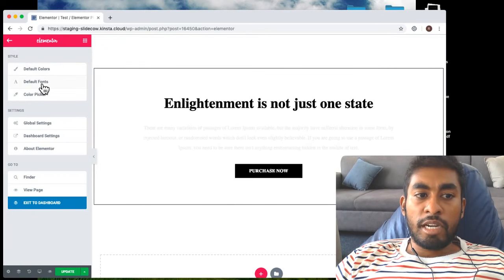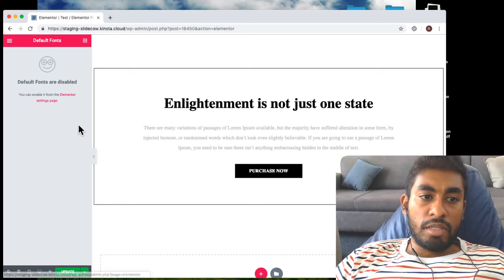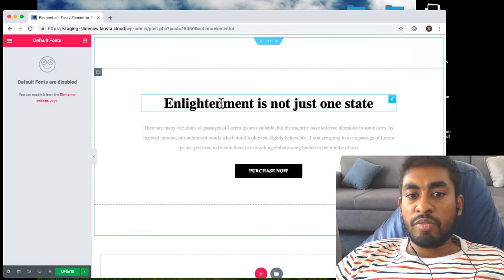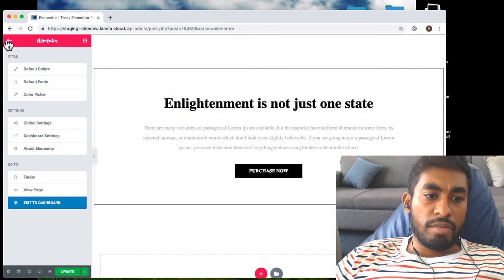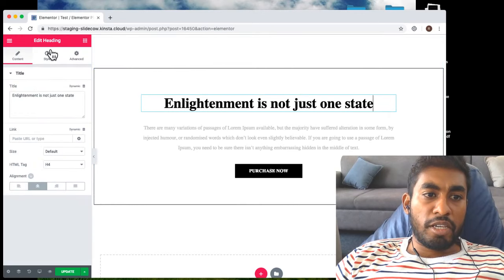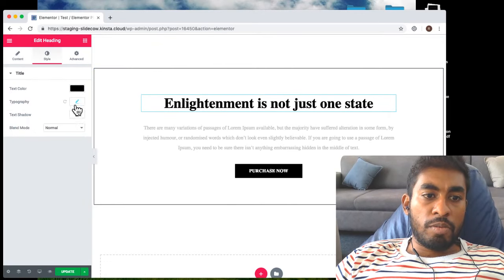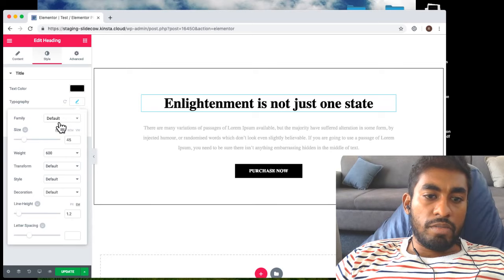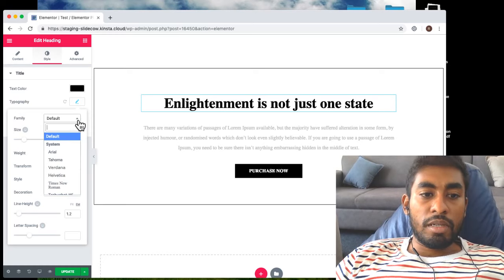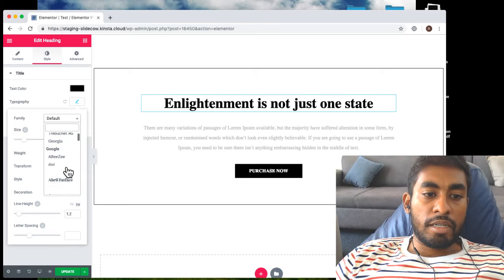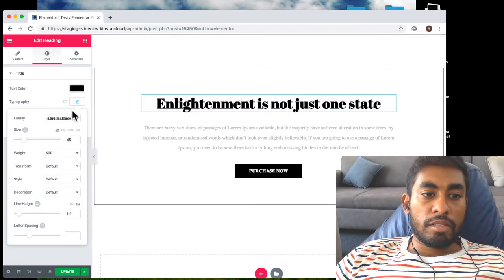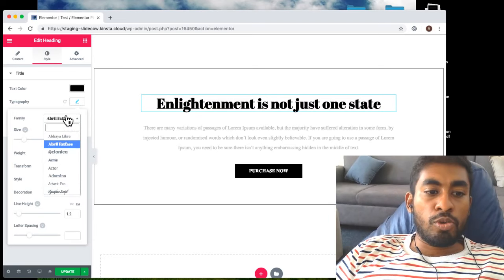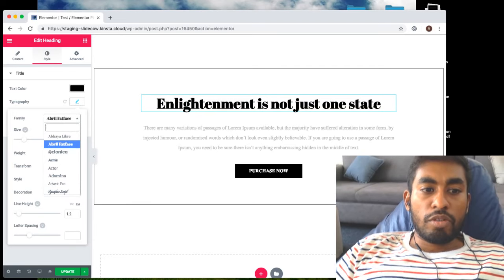Another thing you can start with is you can go to default fonts, and right now I have disabled Elementor default fonts, so I don't even know where this is picking this font setting from. So there must be a font setting that it's picking up from. It's probably from one of these things. So for now, I'm just going to go ahead and use a very simple, normal font, perhaps something like this, okay? Or something more neutral. This is a bit old school. So I would say a more neutral font is